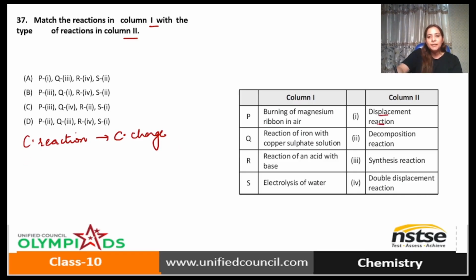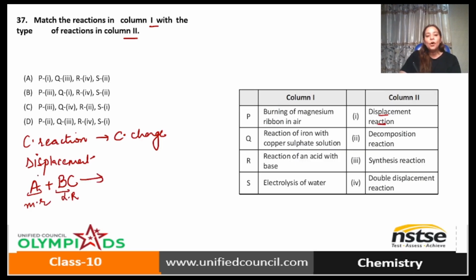Let's take up first displacement reaction. Displacement reaction is something which takes place between an element and a compound. And for this reaction to occur, the one which is present in an elemental form should be more reactive in comparison to the other present in compound. It can be B, it can be C. And if the elemental form element is more reactive, then it will displace the less reactive and the reaction will take place. Now out of these, let me tell you that the reaction which involves displacement is Q,